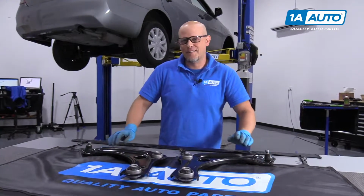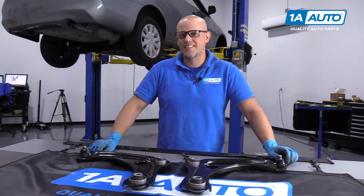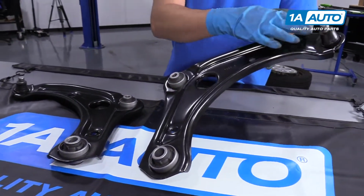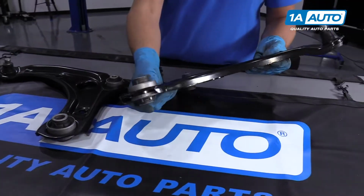What's up, guys? Here we have some control arms from 1aauto.com. We're going to be installing them on this 2014 Nissan Versa. Some of the things about these control arms: they have nice bushings already installed in the ball joint. These bushings generally wear out over time, and it's a good idea to replace them, but you can get them